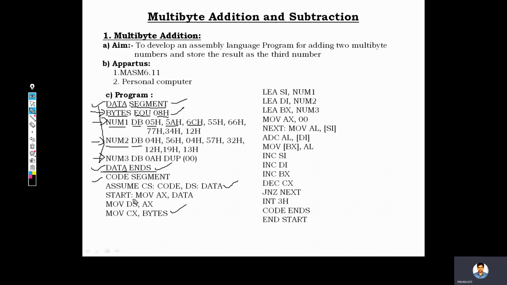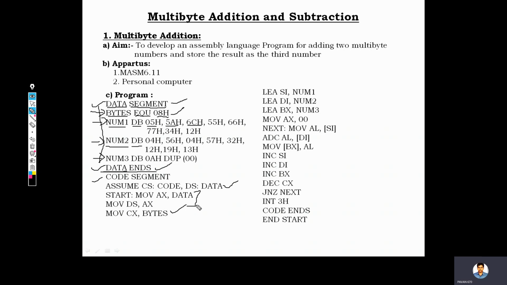So this is the label I am providing here, START, for convenience of programming and for iterations and everything. Okay, label. So MOV AX, DATA and MOV DS, AX. These two statements